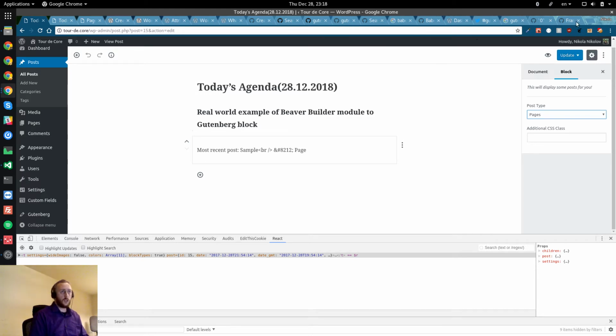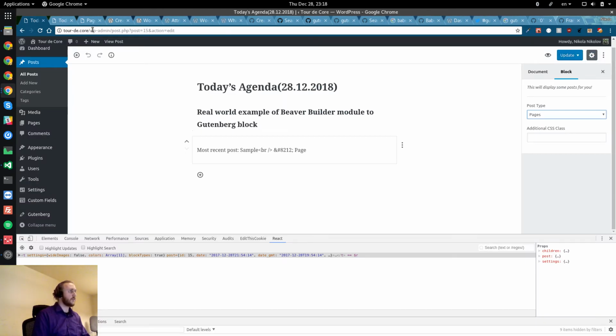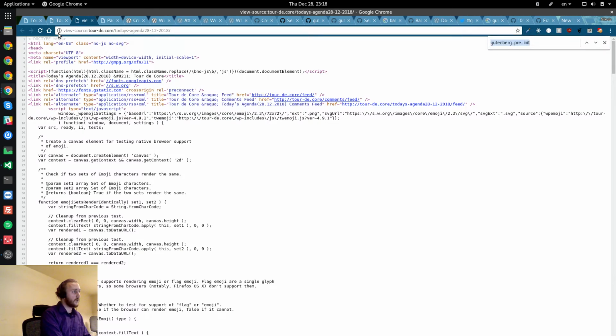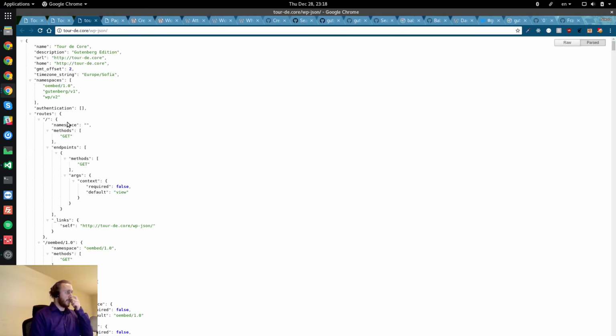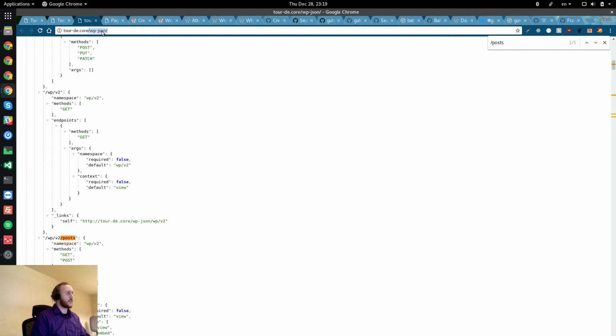If you haven't used the REST API, there's a couple ways you can explore it. Probably the easiest is just to go to your site, then go to /wp-json, and maybe use a cool extension that does this stuff. When it sees JSON formatted stuff on the page, it will automatically format it. Anyway, the point is, if you haven't explored it, in your site /wp-json, you can see all of the